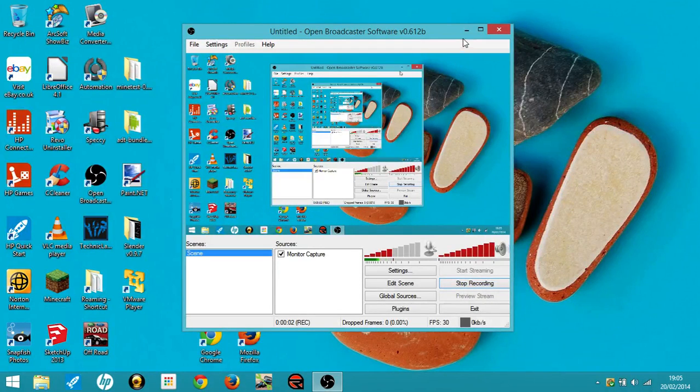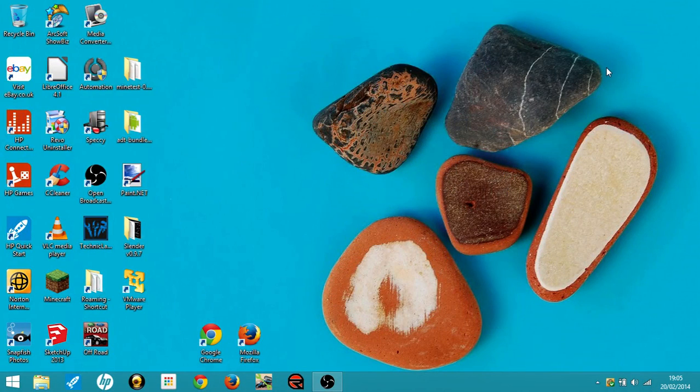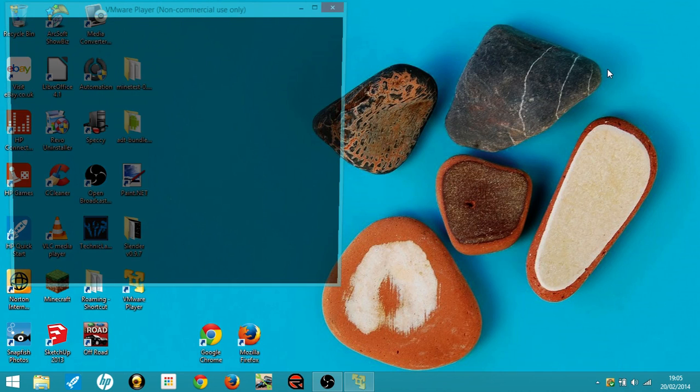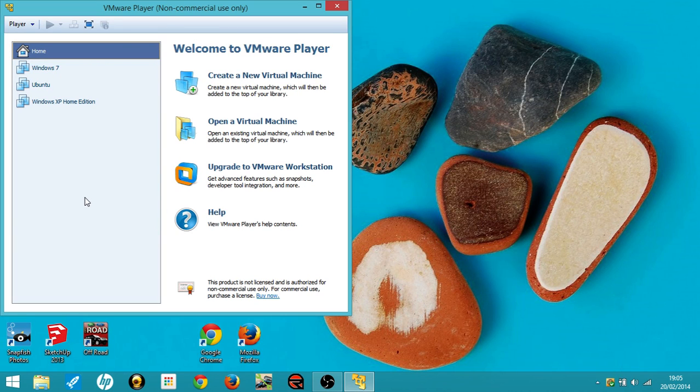Okay, first things first, let's open up the VMware Player. Obviously, before you create a new virtual machine, you need to make sure you've got an .iso for Windows Millennium Edition